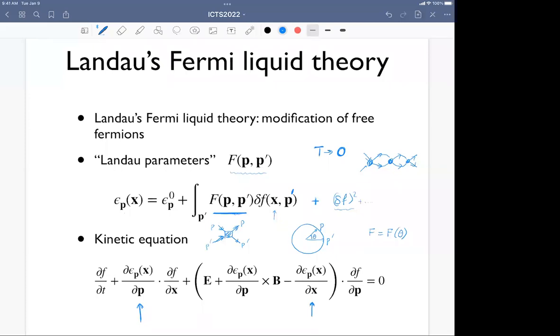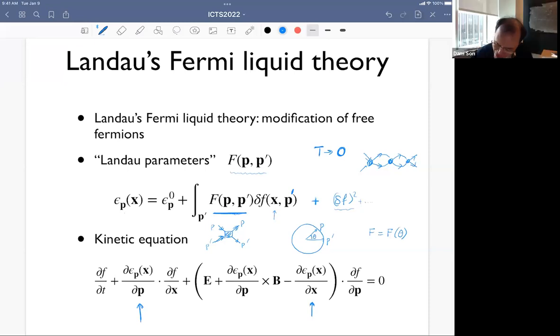Okay. I would guess that if you have a disturbance on the Fermi surface at one point, it would be related by some correlation function to some other disturbance at some other point. So maybe f(p,p') is something like a Green's function, except that epsilon_p of x is not exactly f, but is the energy. Yeah, it doesn't look